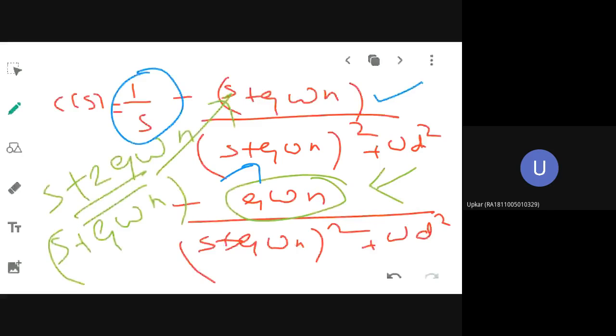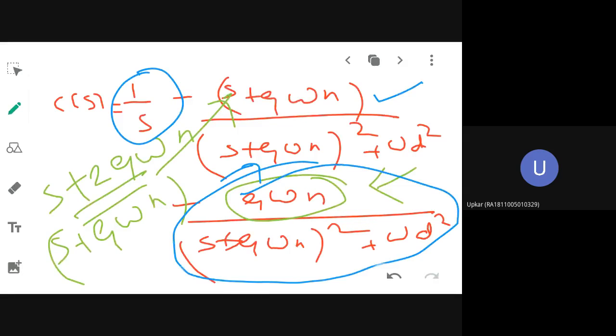But what about this part? This part you have to modify so that it will become a divided by s squared plus a squared. Okay, like that you have to modify. So how will you do that? You have to add A is omega d here, so you can divide and multiply by omega d. Okay, so if you do that, you are having omega d divided by s squared plus omega d squared format. So you can easily take inverse Laplace transform for that.